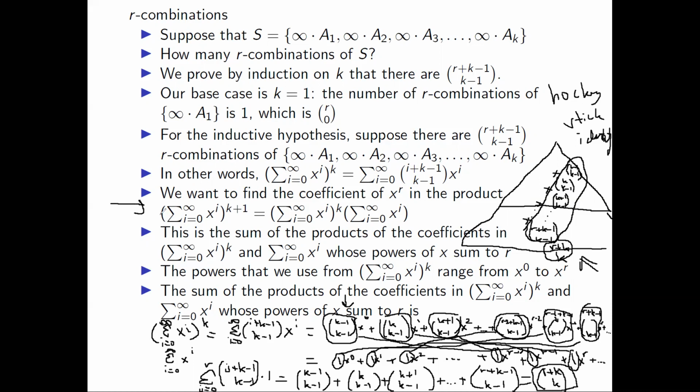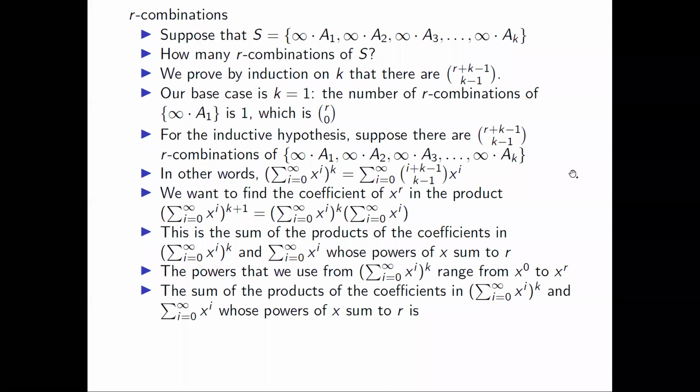So what we did on the previous slide is just a special case of what we did here. So this sum that we did on the last line here is just a more general version of the sum that we did on the previous slide. And this works for any number of distinct letters. So now we see if we have any multiset like this, where all of our letters occur infinitely many times, and we have some finite number of distinct letters, then we can evaluate the number of r combinations of that multiset. So now that we see how to do that in general,